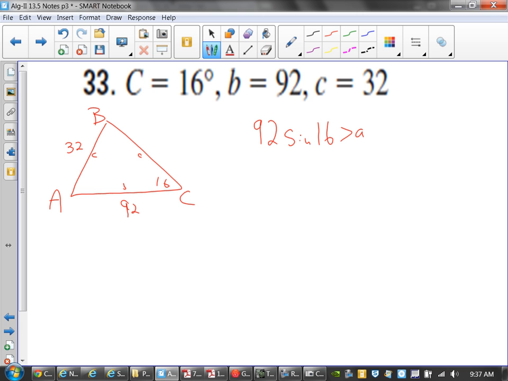I go to the next one. This one's all right. So is 92 sine of 16, we got that to be 25 and change. That is smaller than the side opposite, and it is still smaller than the side opposite B. So that means right now we're going to have the possibility, or we will have, excuse me, two triangles in